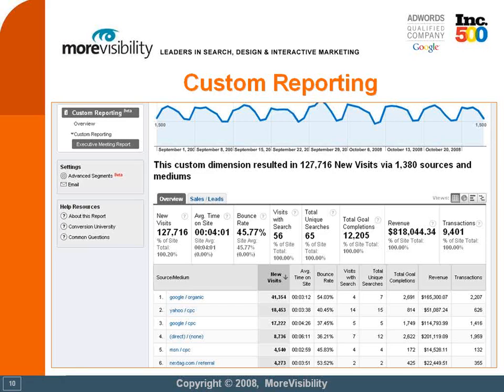One more thing to note about custom reporting before we move on to advanced segmentation. The first metric listed on the left, new visits, that's what will be represented in the sentence that comes above this report. So where it says this custom dimension resulted in that many new visits, that'll be whatever that first metric is below. So if you want to have that changed, simply flip-flop or swap them out, whatever metric you want to appear in that first area, and that's what